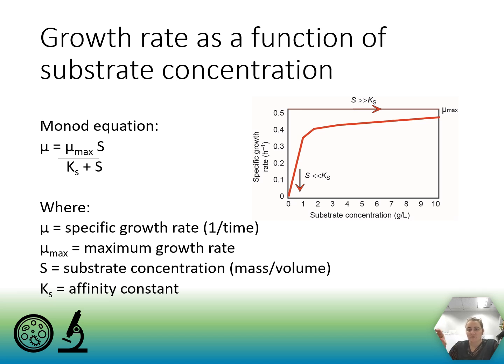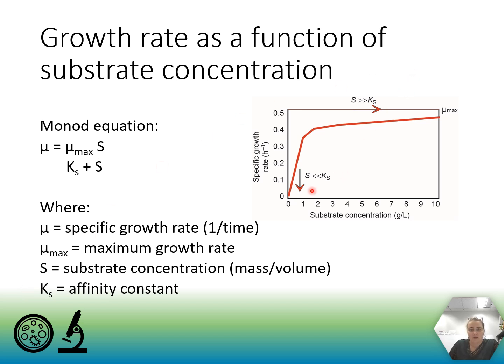We know that the amount of substrate that we have is going to tell us how fast we move in the exponential phase and whether or not we move out of exponential phase to stationary and then death phase. So what the Monod equation does is it characterizes using specific growth rate how substrate is related to growth in the system. So in the Monod equation, mu is the specific growth rate, but mu max is the maximum growth rate. S is going to represent substrate concentration, and this could be mass per volume, so milligrams per liter is very common. And then Ks is what's called an affinity constant,